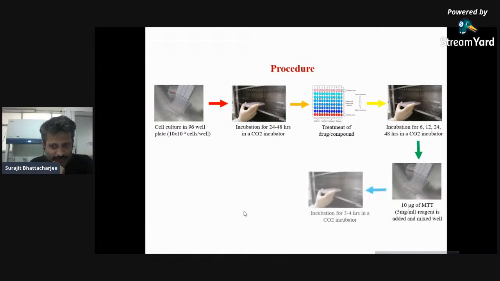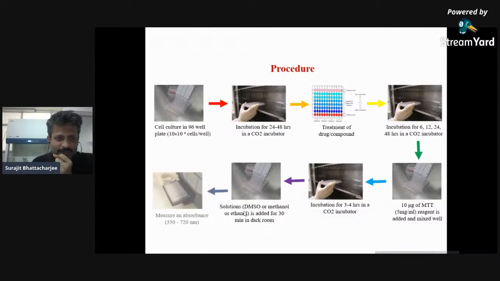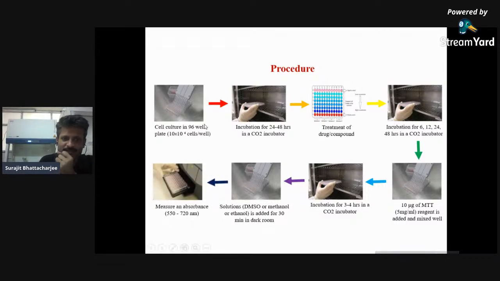This is the basic experimental steps which we generally carry out when we are doing the MTT assay. That is, first cell culture in 96-well plate, and the preferable number of cells is 1.1 x 10^4 cells per well. And then we incubate it 24 to 48 hours at the CO2 incubator, and then we treat the drug or